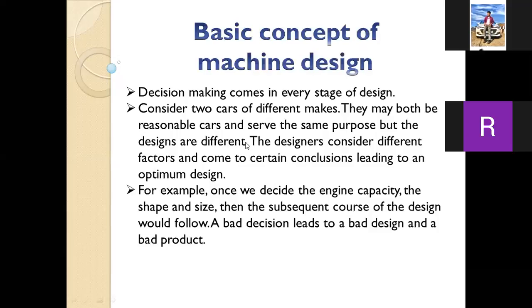And if we fail in the whole process, if you are making bad decisions, then it will affect your design, and ultimately it will affect your product. So you have to make sure that whatever design you are doing, you are making good decisions. If a bad decision is there, you have to revert back and correct it. Because while doing the design, you will get to know, okay, this is not working, it is failing. Then you have to go back, change something in the previous step, and come up with a better design. So this is how the design loop will work.